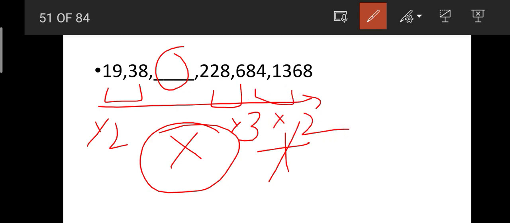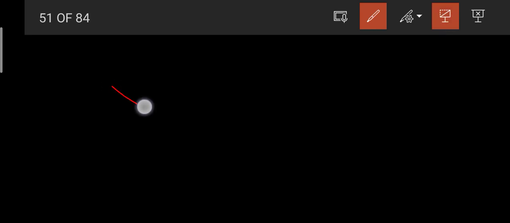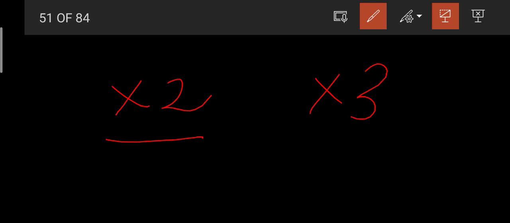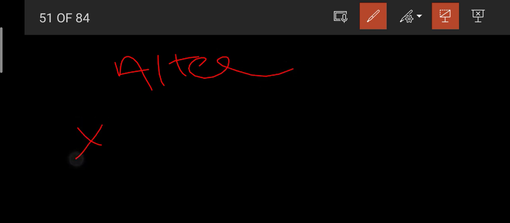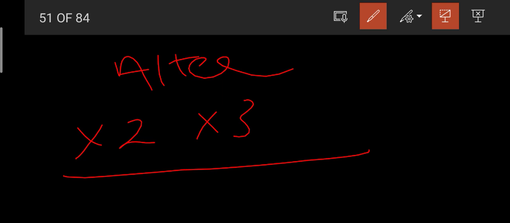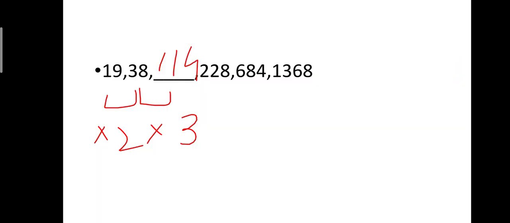So friends, here we got the logic. They are alternately multiplying the numbers with 2 and 3. The logic they have taken here is alternate, that is with multiplication of 2 and with multiplication of 3. To get our answer, as it has already been multiplied with 2, we should multiply 38 with 3. Then our answer will be 114. I hope you have understood, this is a very simple logic. In the alternate series, they will be multiplying the previous number with 2 or 3 alternately. Now we'll move to our next question.